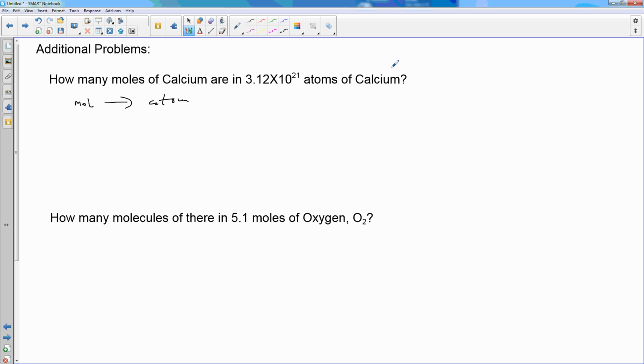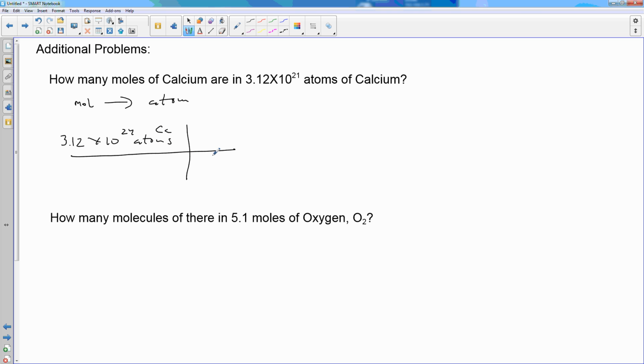Back when we were dealing with the molecule glucose, that was a molecule, so we had to go from moles to molecules, then to atoms. But because calcium is an element, its representative particle is an atom, so we can go right from moles to atoms. And so in this case, we have 3.12 times 10 to the 24th atoms, and this is of Ca,